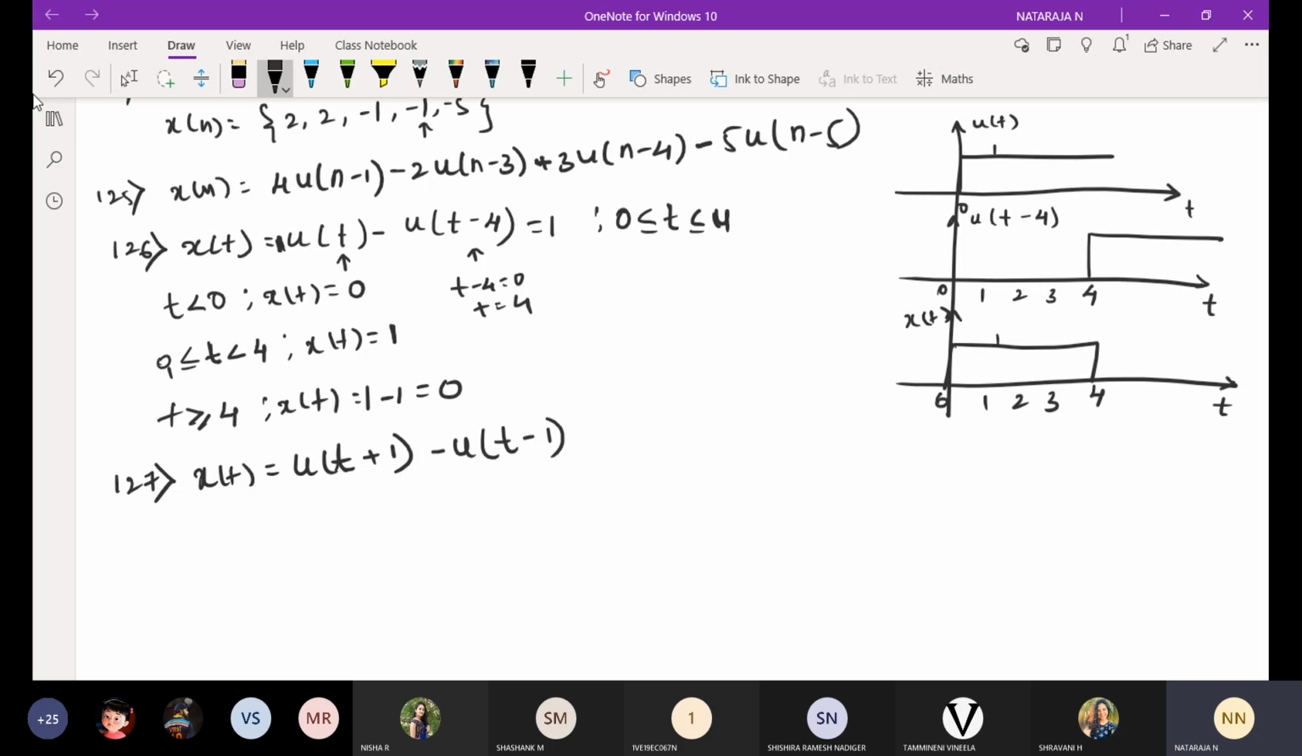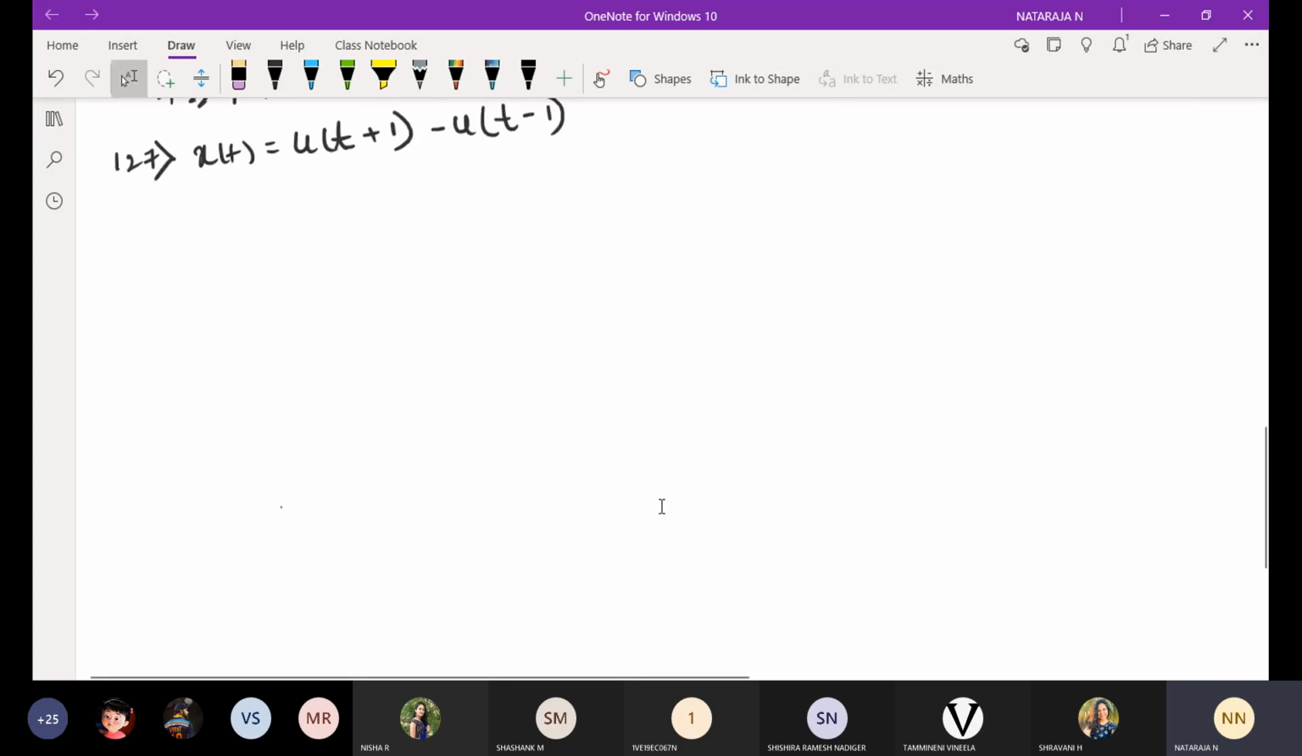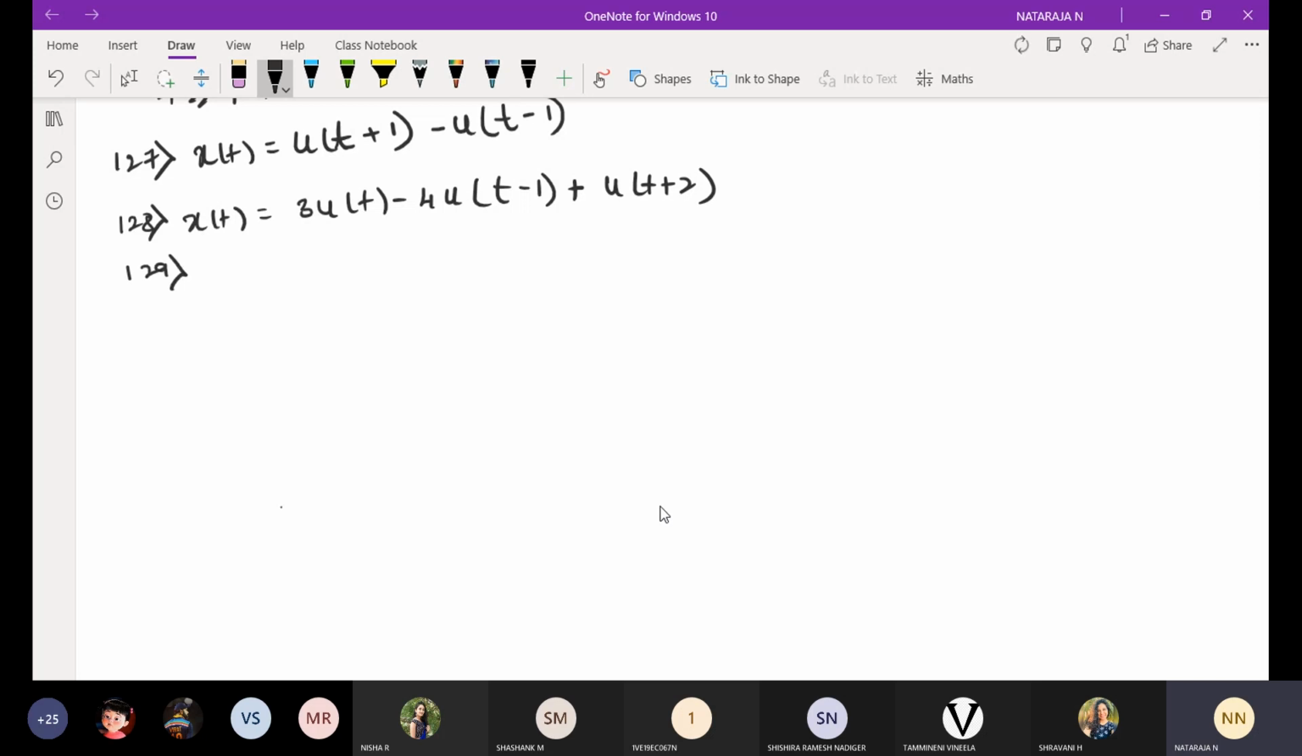Okay, take some assignment problems. 129. x of t is equal to 3u of t minus 4u of t minus 1 plus u of t plus 2. 129. x of t is equal to minus 2u of t plus 1 plus 3u of t minus 1 plus 4u of t minus 2 minus 5u of